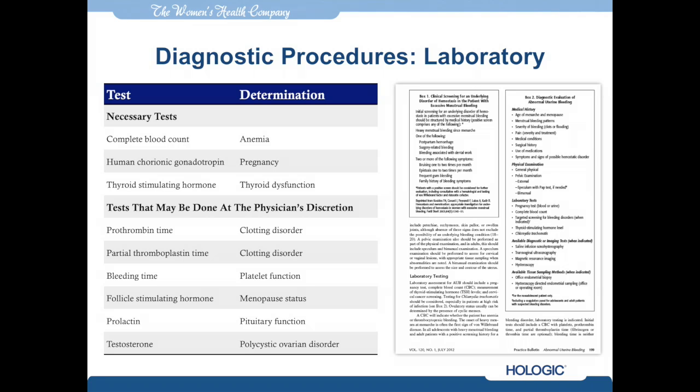Tests that may be done at the physician's discretion include a PT, PTT, and bleeding time if the patient has evidence of AUB-C, coagulopathy, as determined by her history. And there's information in the practice bulletin, including a checklist, which can determine if AUB-C may actually be her diagnosis. Follicle-stimulating hormone may indicate her menopause status. Prolactin can exclude the possibility of a pituitary disorder, and testosterone levels may be helpful for supporting a diagnosis of